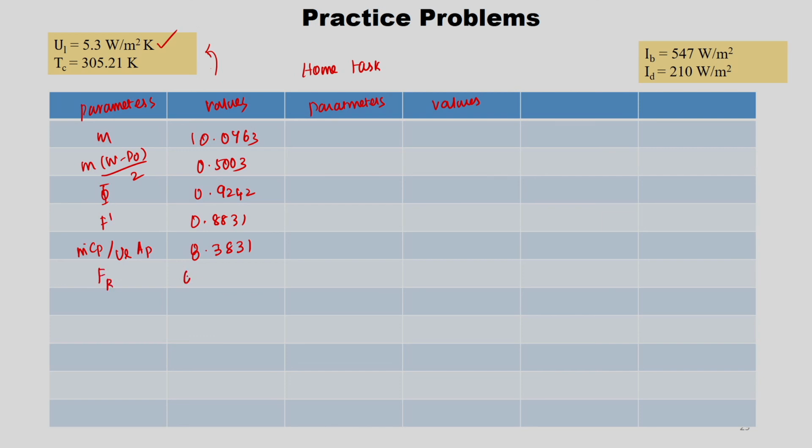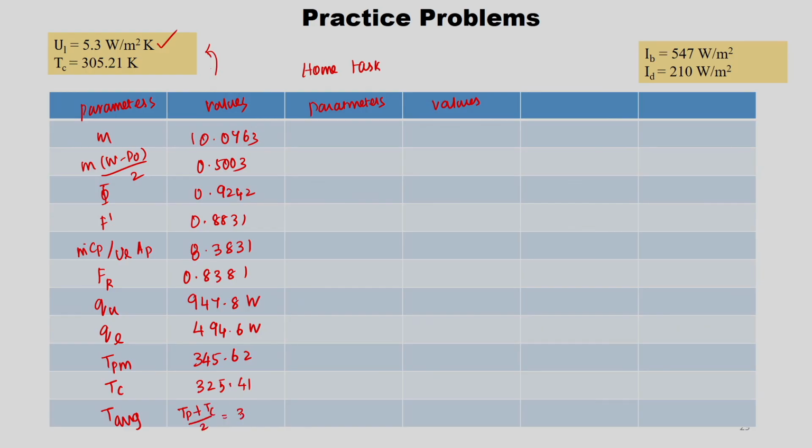FR is 0.8381, QU is 947.8 watts, QL is 494.6 watts, TPM is 345.62, TC is, this is cover temperature, 325.41, then T average, which is nothing but TP plus TC upon 2, which is nothing but